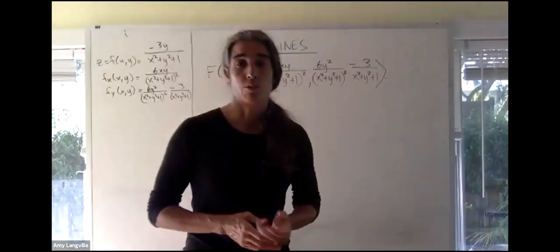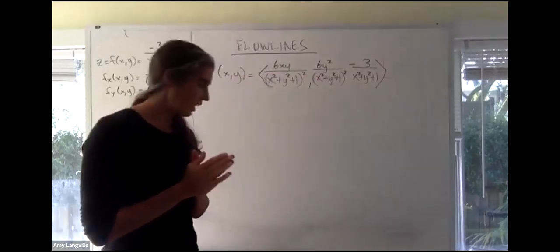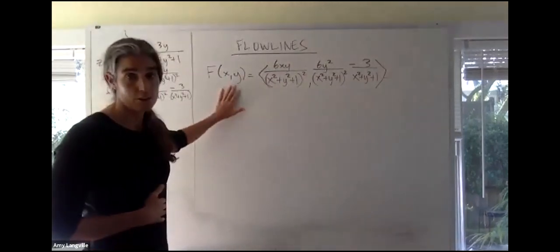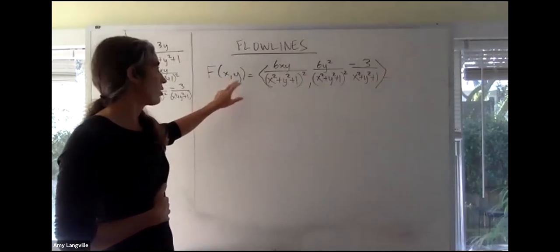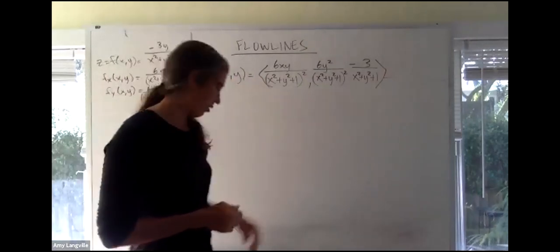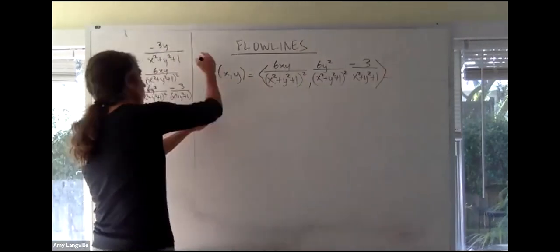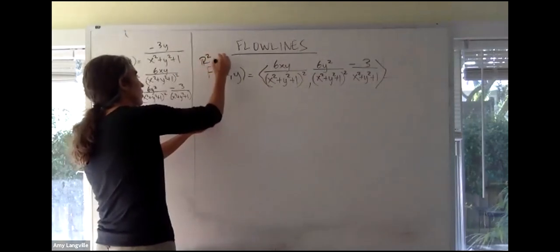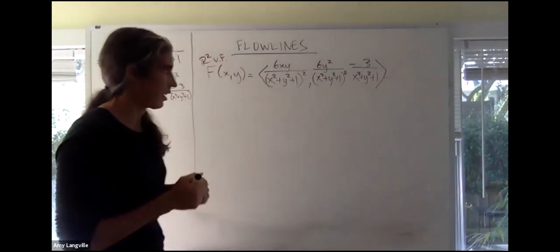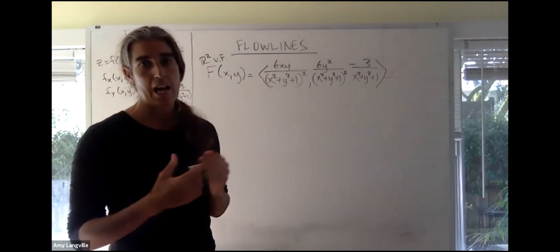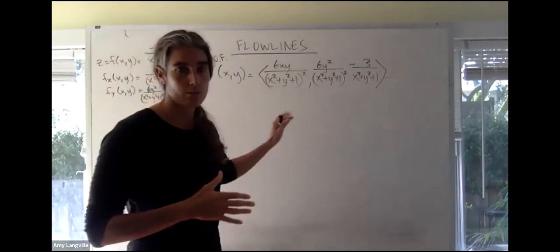Okay, next topic is flow lines. And let's look at this. First of all, R2 vector field, right? Two inputs creating a two-dimensional output. So R2 vector field. And in this case, we're going to learn how to estimate flow lines for this function, but I also want